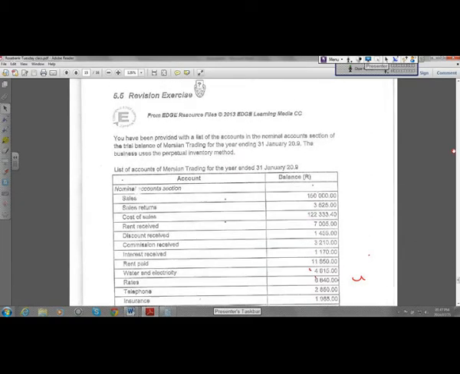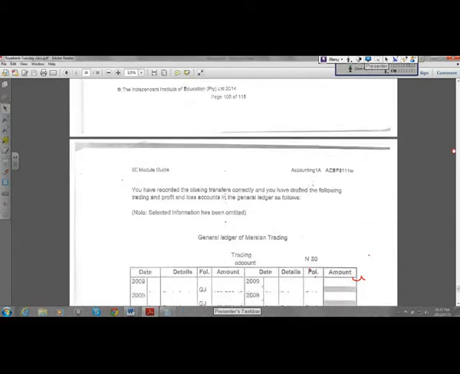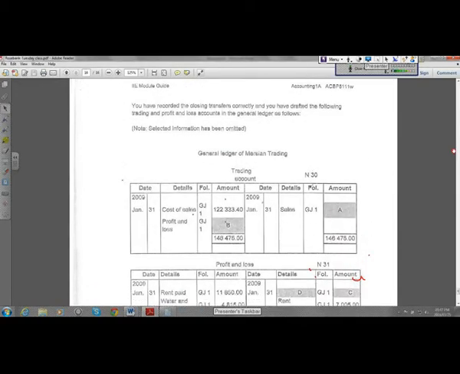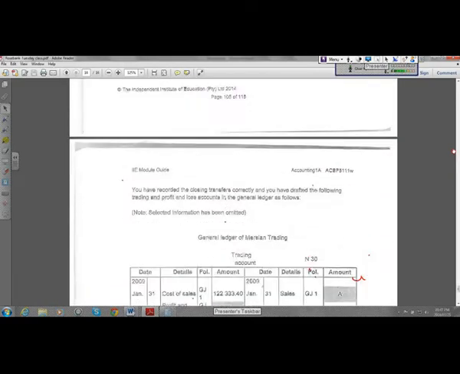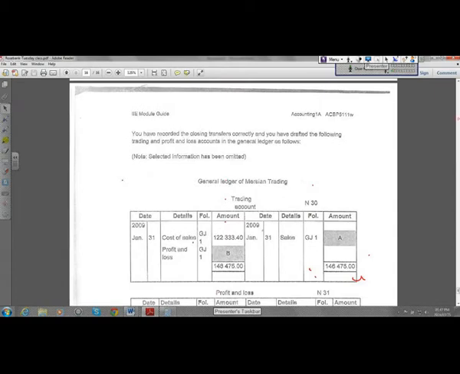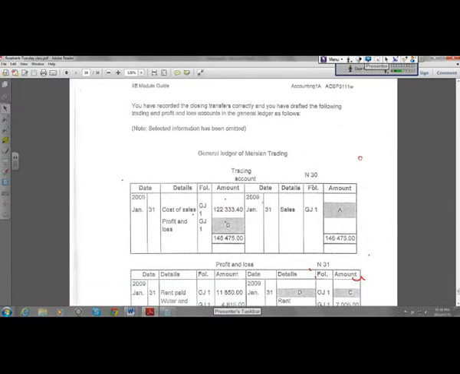So here we are working out how profit is determined in a company. What the question requires of us is to plug in the numbers in the shaded area. But before we can do that, let's make sense of what these accounts are and the